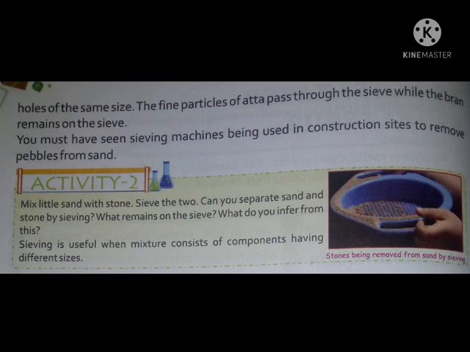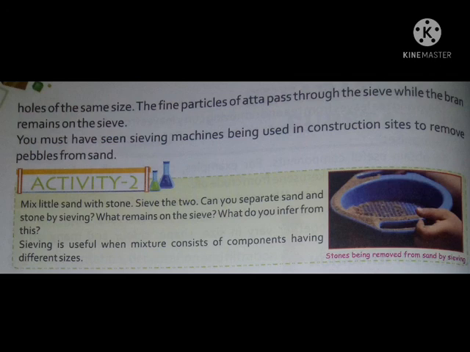The fine particles of atta pass through the sieve while the bran remains on the sieve. So, the fine particles of atta pass through that sieve and the impurities or bran remain on the sieve. They cannot pass through those holes.